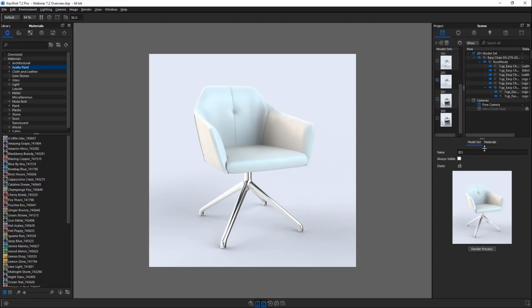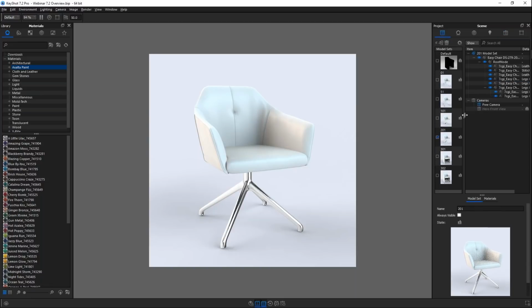Likewise here, if I look at the model sets I have created, I can just drag and drop to reorder them. We're looking at number 201, and it falls near the bottom of the list. If I want it right after the default one and right before model set number 1, I would just drag this up, and when I let go, it will be placed wherever that line is drawn. When I say line, I mean